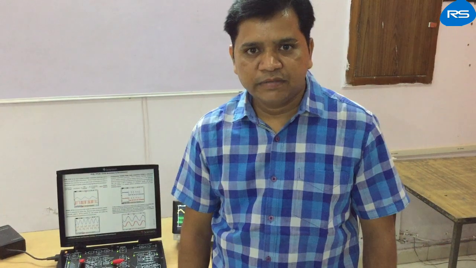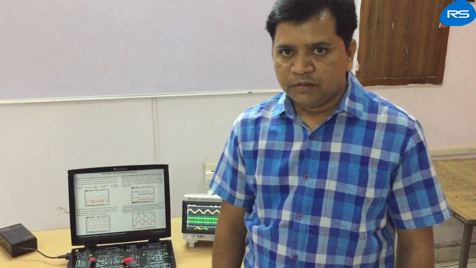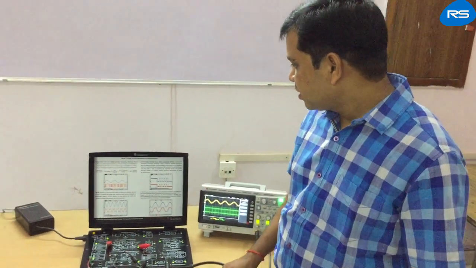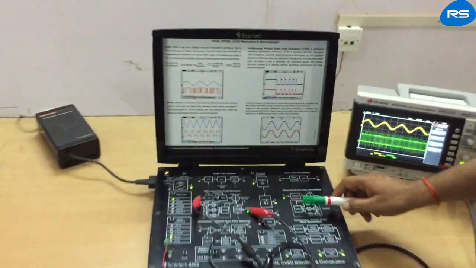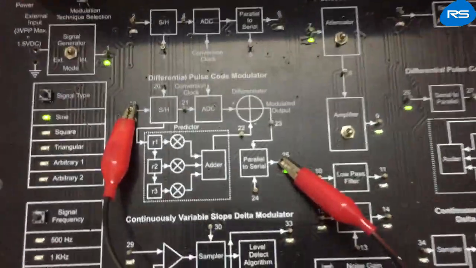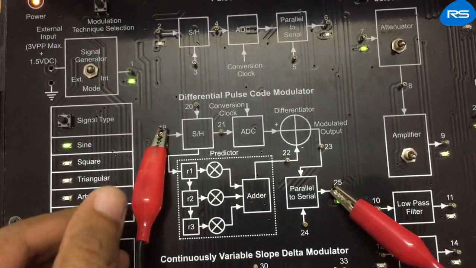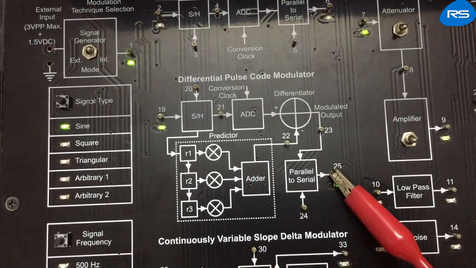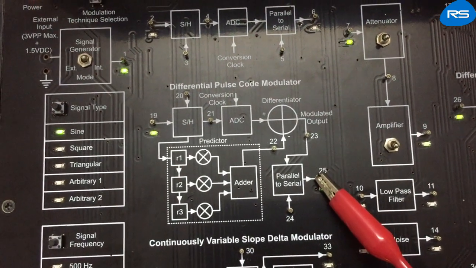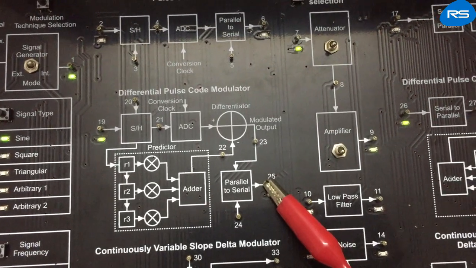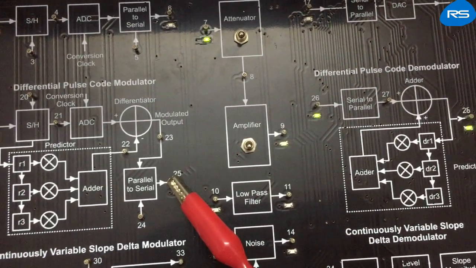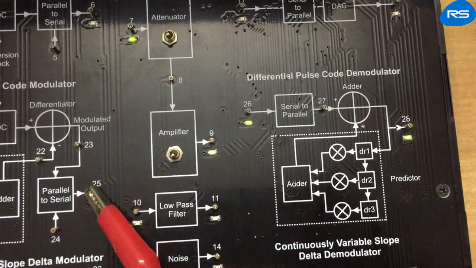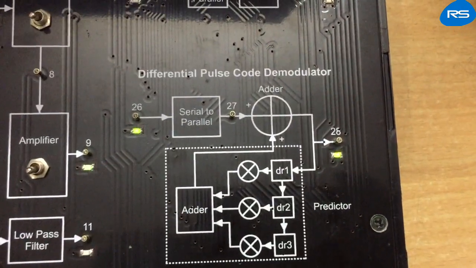In this video, we will study differential pulse code modulation and differential pulse code demodulation techniques. So basically, differential pulse code modulation is a technique that codes the difference between sample points to compress the digital data. Because audio waves propagate in predictable patterns, DPCM predicts the next sample and codes the difference between the predicted and the actual point.